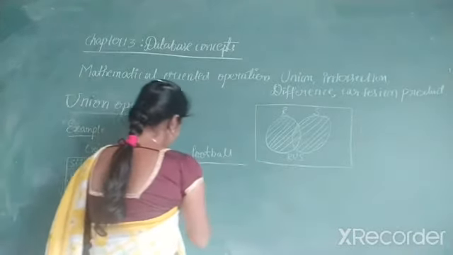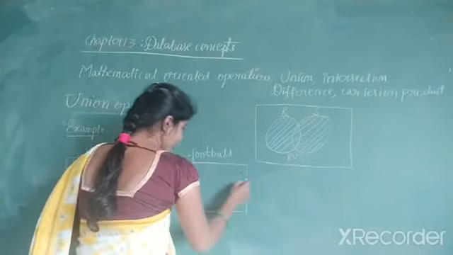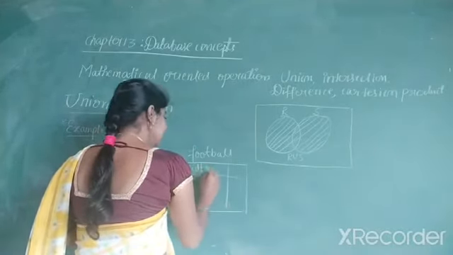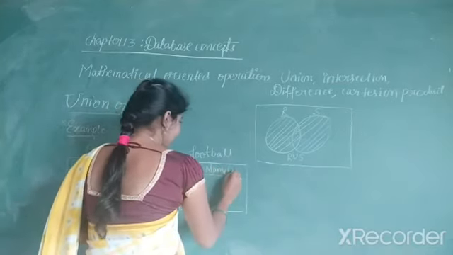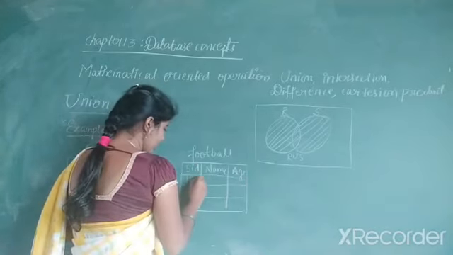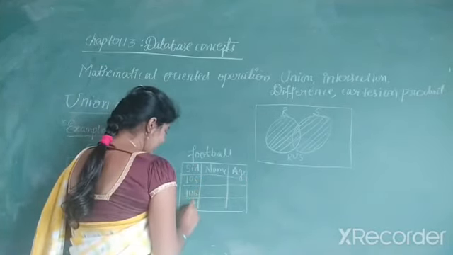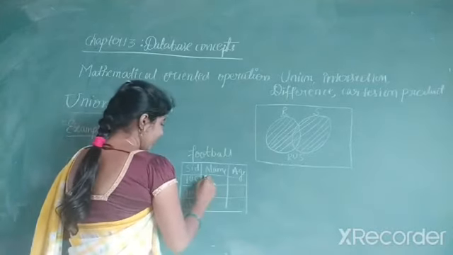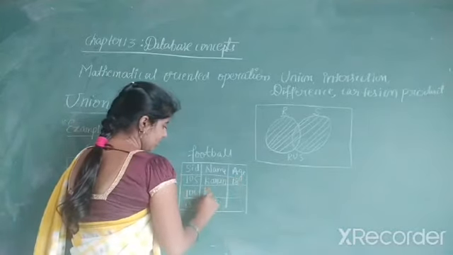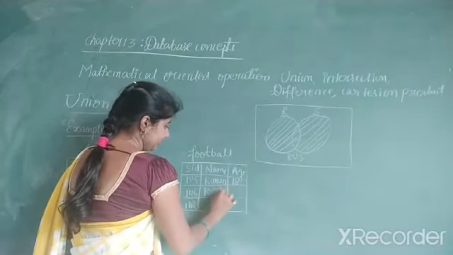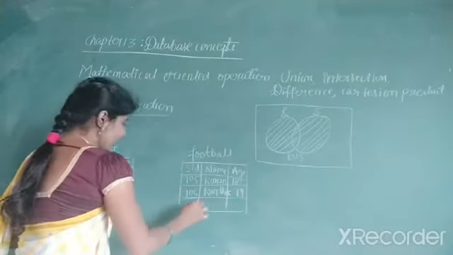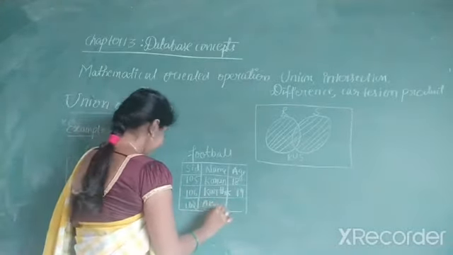Now let us consider one more table called the football table. Here also the attributes should be SID, name and age of the student. The register numbers I am going to consider are 105, 106 and 102. 105 is Karthik, the age is 18. 106 is Karthik and the age is 19. And here 102 is Akash, the age is 17.